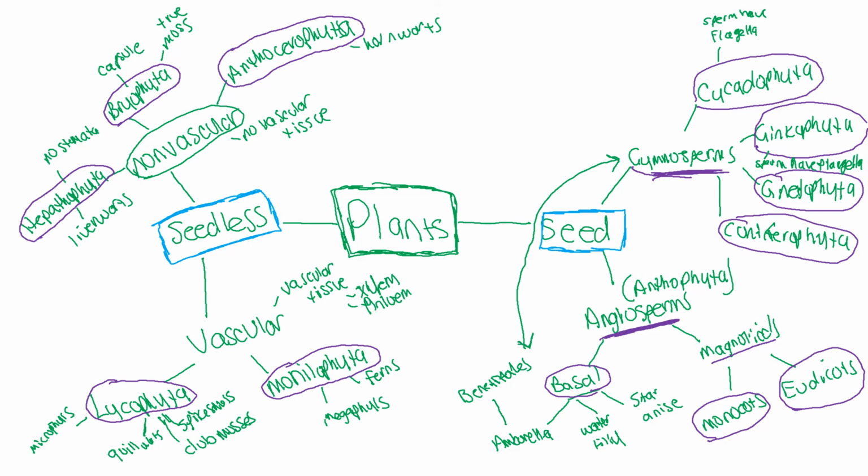Okay, so the Cycadophyta, the sperm have flagella. The Ginkgophyta, also sperm, have flagella. Okay, the rest of them, the sperm do not have flagella. So the sperm are going to have flagella in the seedless plants, all the seedless plants, and also the earlier groups of gymnosperms, which include the Cycadophyta and the Ginkgophyta. The Gnetophyta and the Coniferophyta, the sperm do not have flagella, and then the sperm don't have flagella in the angiosperms either. Okay, so again, you kind of get the idea. You want to start adding in characteristics for each one so you can relate those specific unique characteristics to each of the groups. That'll become important as